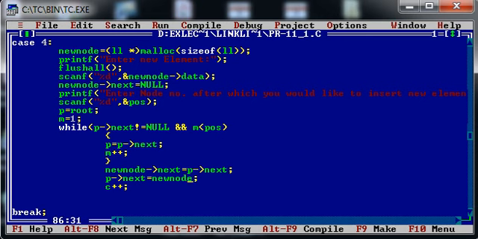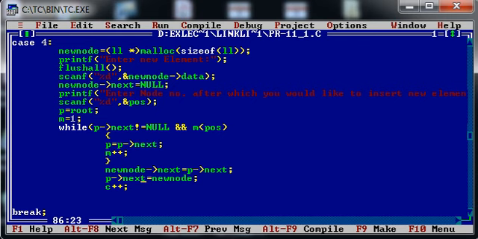And later on, I am assigning the address of the new node to the address part of P. In this way, I am inserting a new node between the first node and second node of the existing linked list. Okay, this is the case when the user provides me 1 in this particular program, or in other words, the case in which the user would like to insert a new node after the first position.